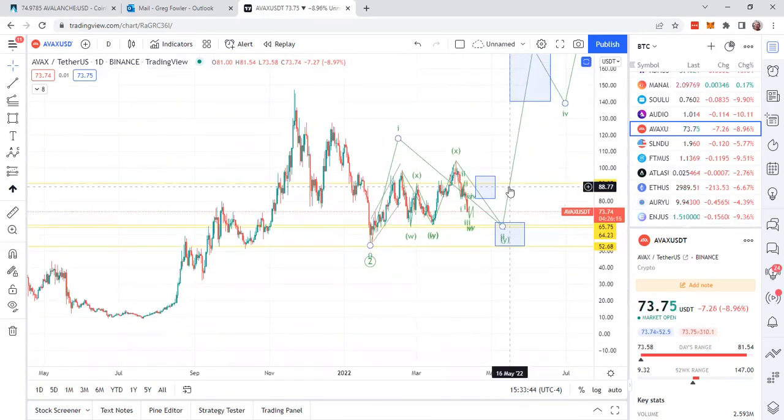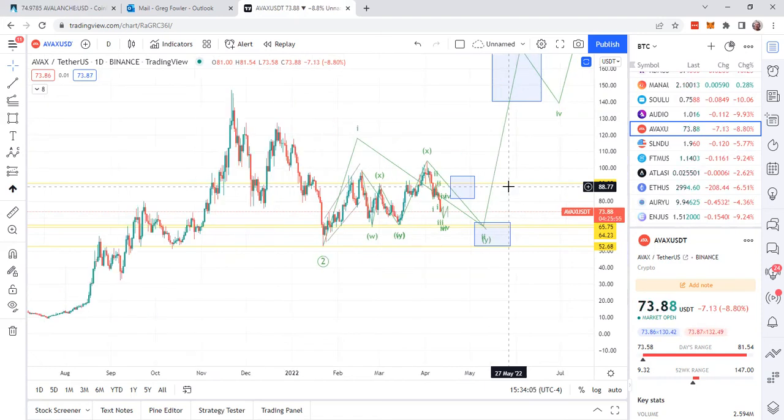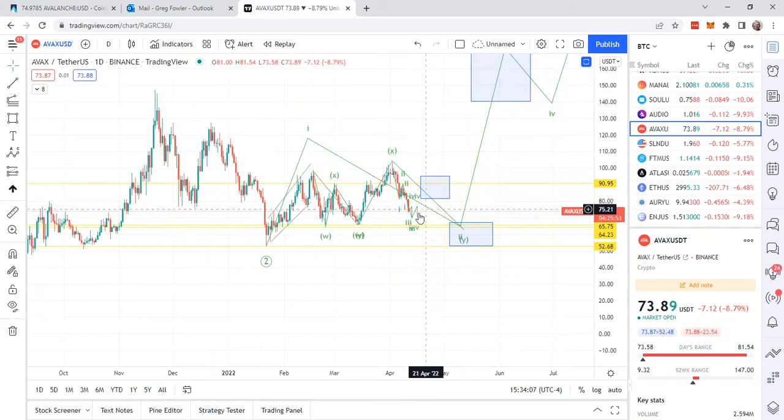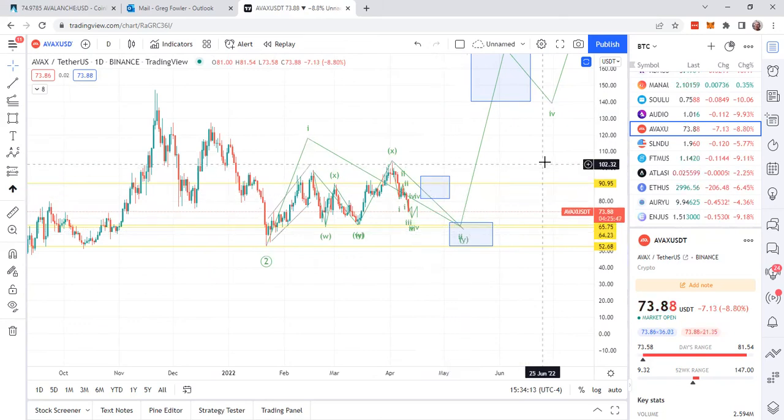I would just say that you have to obviously keep track of Bitcoin, and what's going on with Bitcoin and with the dollar, all the other stuff. Me personally, I'll be waiting to purchase some AVAX. I don't think it's gonna rip out of here anytime soon. It might rip on this B wave that I had here. Remember the B wave? It's coming down for a 5. It's going to go up for a 3 and then back down for a 5.